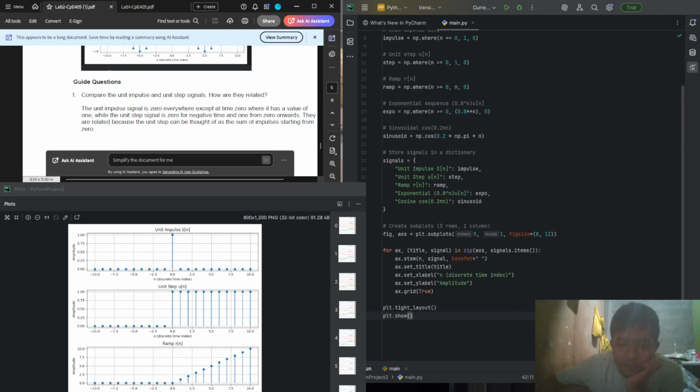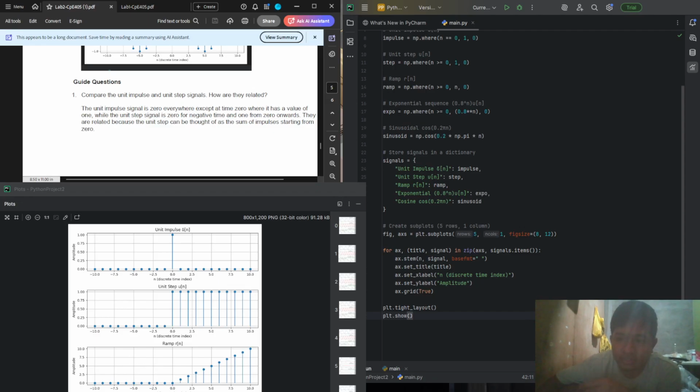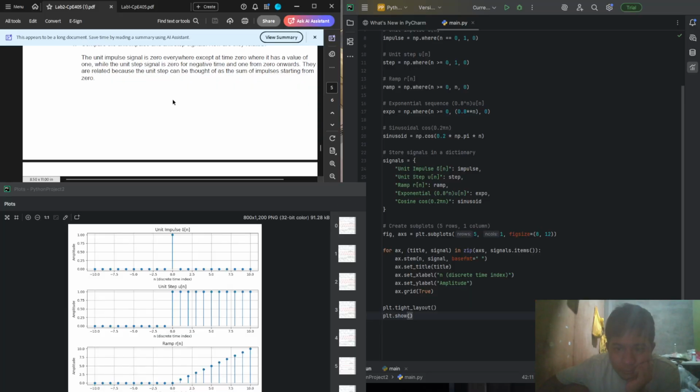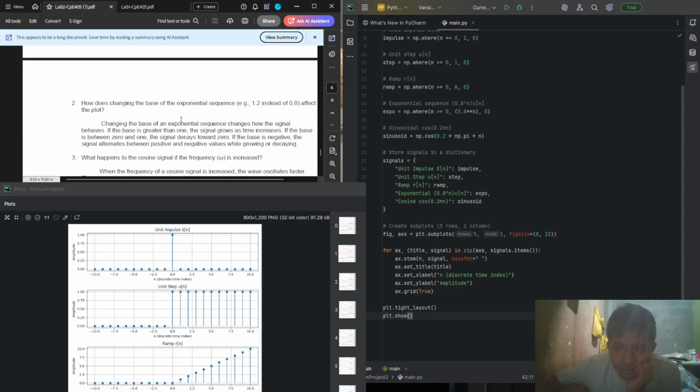In the unit step, when n is less than 0, the amplitude is 0, and when n is more than or equal to 0, the amplitude is 1.